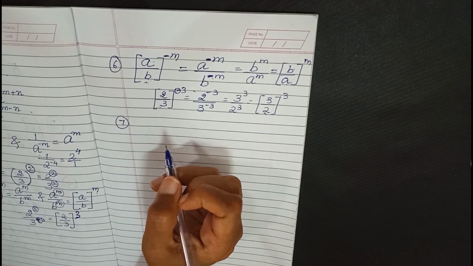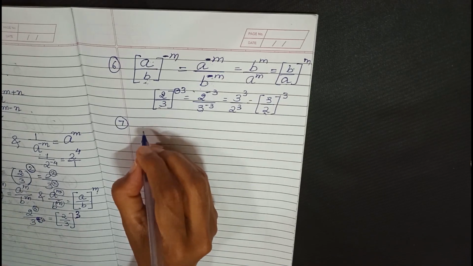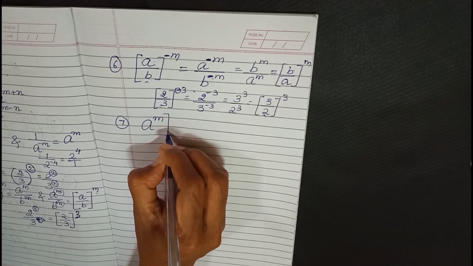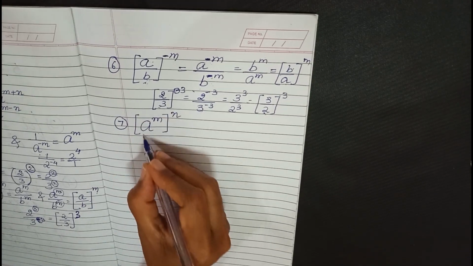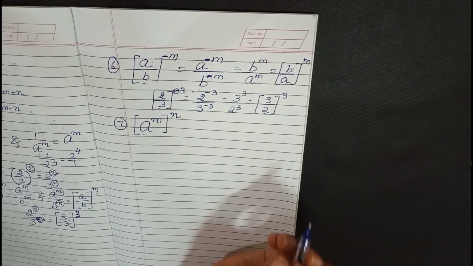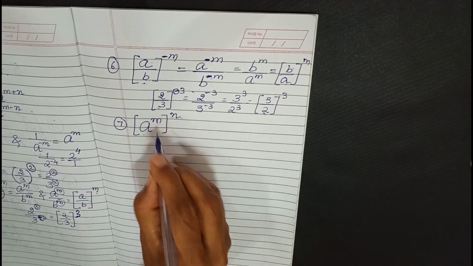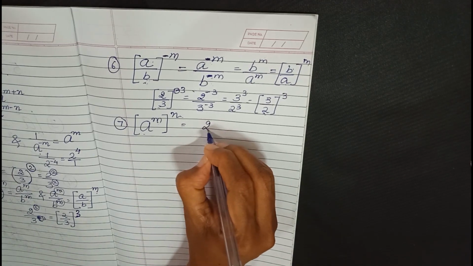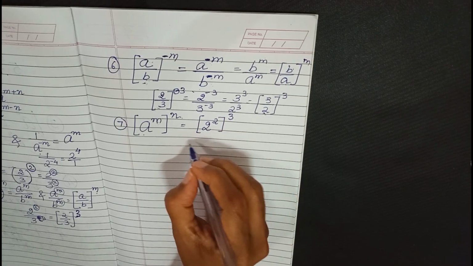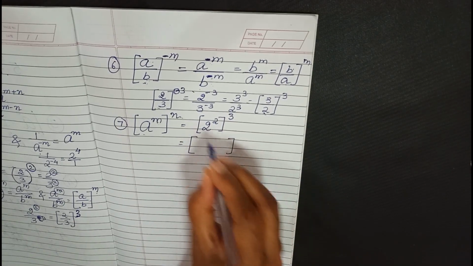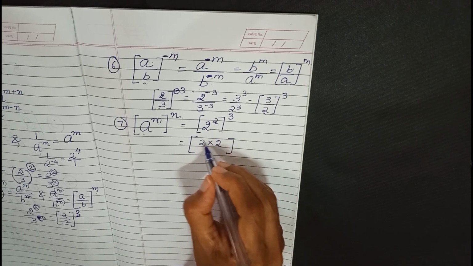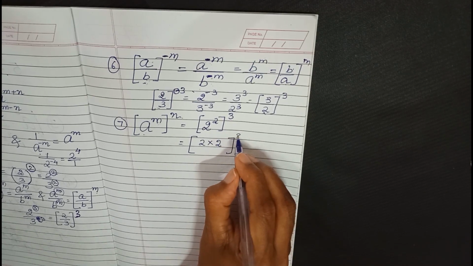Now let's go to rule number 7. Rule number 7 is, when a same number has 2 indices, then what to do? Let us say I have a number but it has got 2 indices, the same number having 2 indices. Then what to do, right? For example, let us say 2 raised to 2 raised to 3. Now let us say how do I write this inside the bracket? 2 raised to 2 is nothing but 2 into 2. Right? 2 raised to 2 is 2 into 2 and 3.